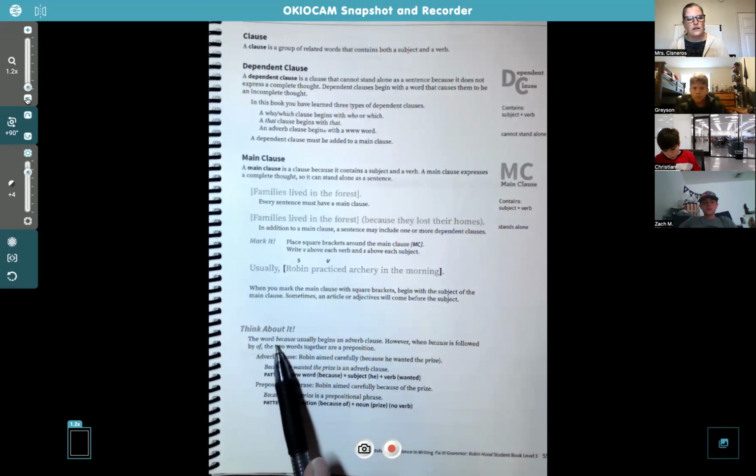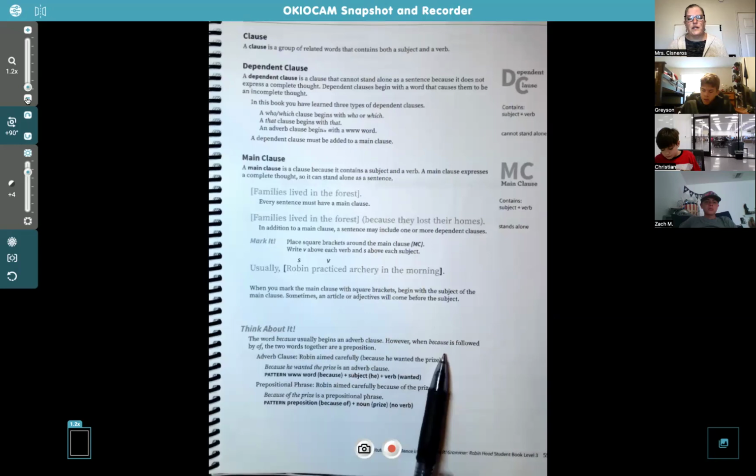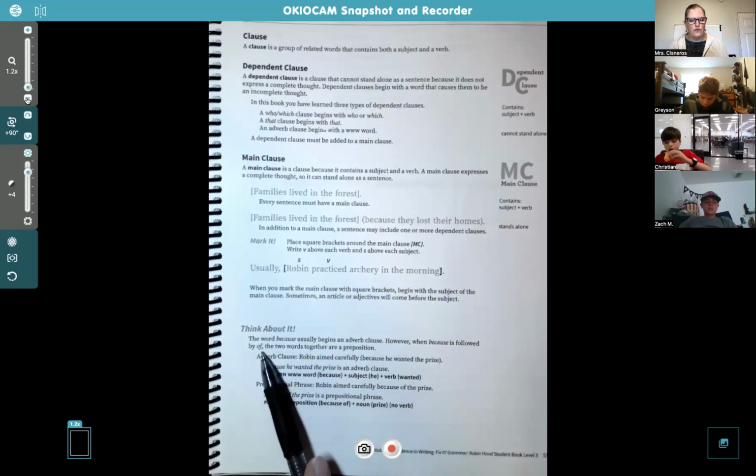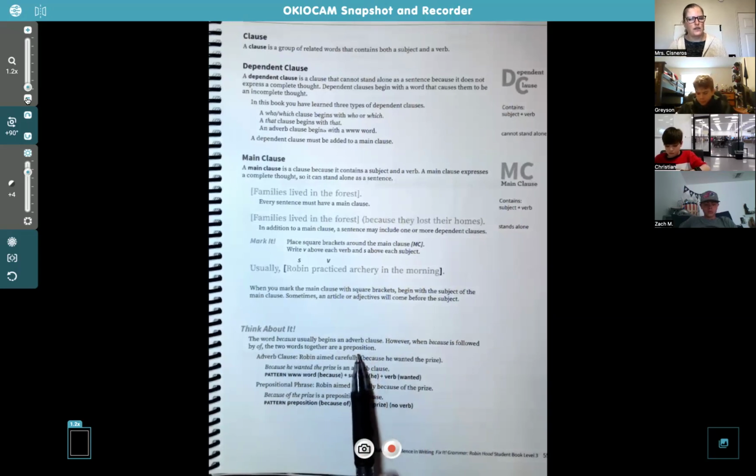So it says, the word because usually begins an adverb clause. However, when because is followed by of, the two words together are a preposition. Because of. It's really important that you understand this because in your writing and the other part of the class,